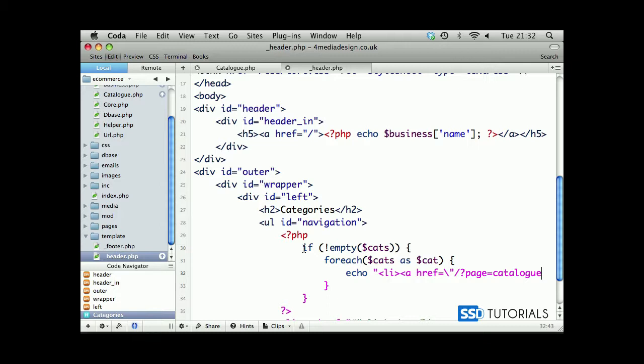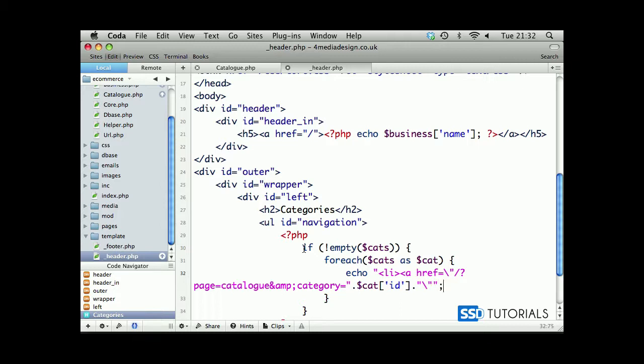We haven't got this page yet, but we will create it in just a minute. Then ampersand, and category equals double quote and now dot cat, and we want to get the ID of the specific category. Then dot to concatenate the string, double quote, backslash, double quote,